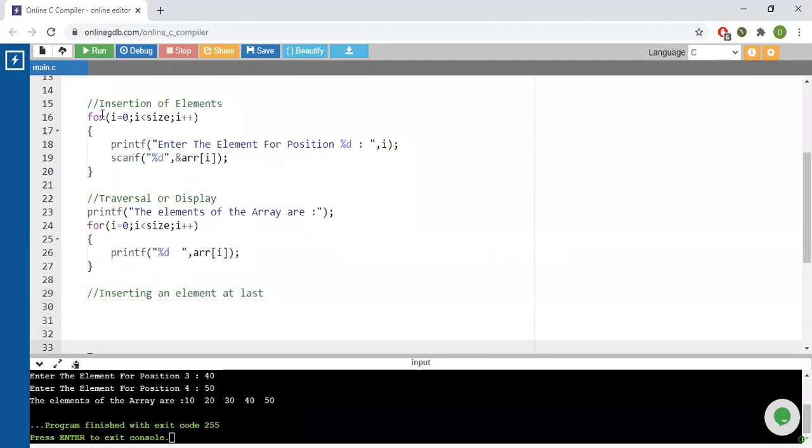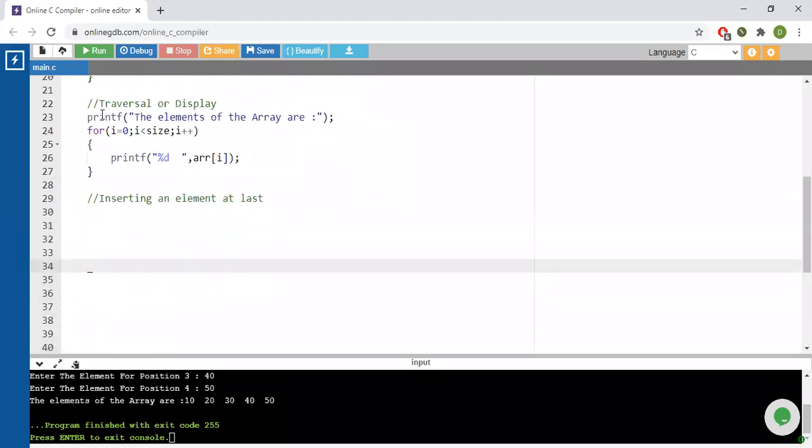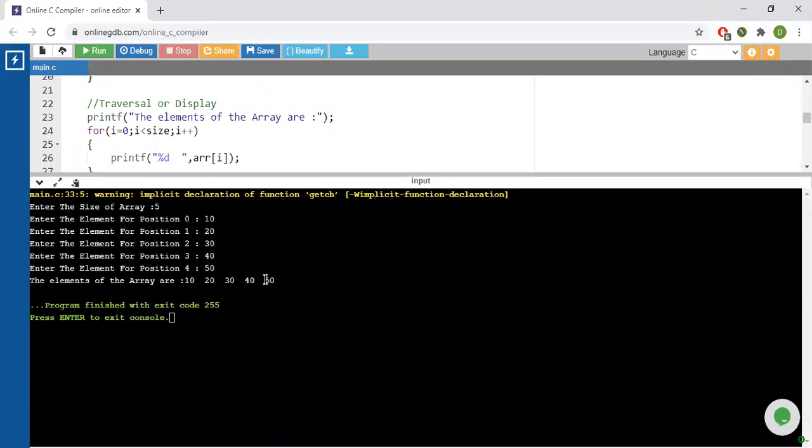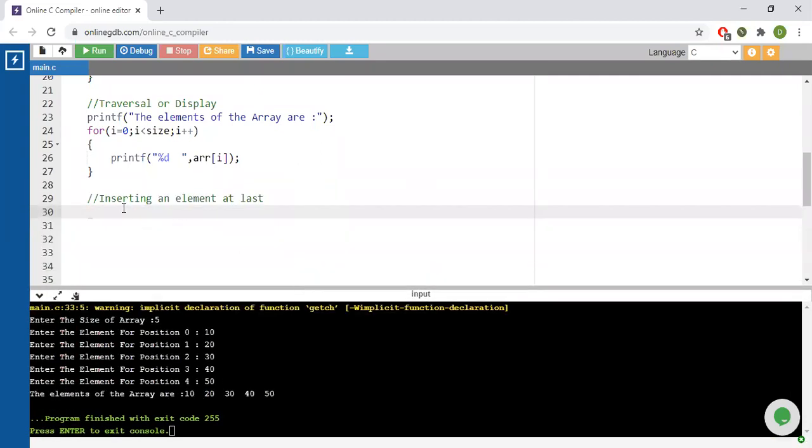So this is the simplest version, students. We have to insert an element at the last. Now what do we mean by last? The user has given the size of the array, and that will be the last size. In this case the size is 5. So which means we are first of all increasing the size of the array. So when we say insert an element at the last, we will say size equals size plus 1.